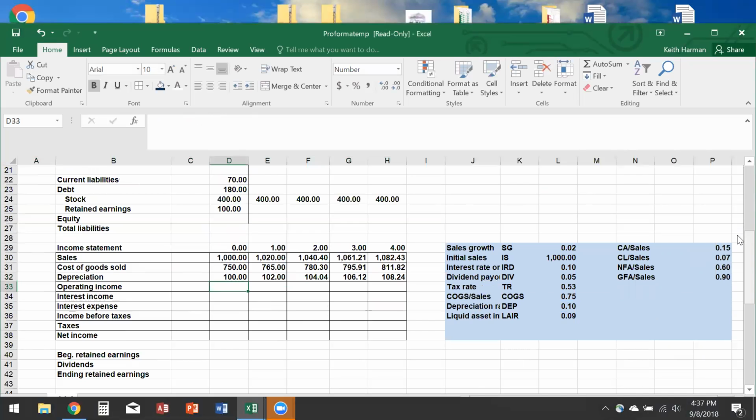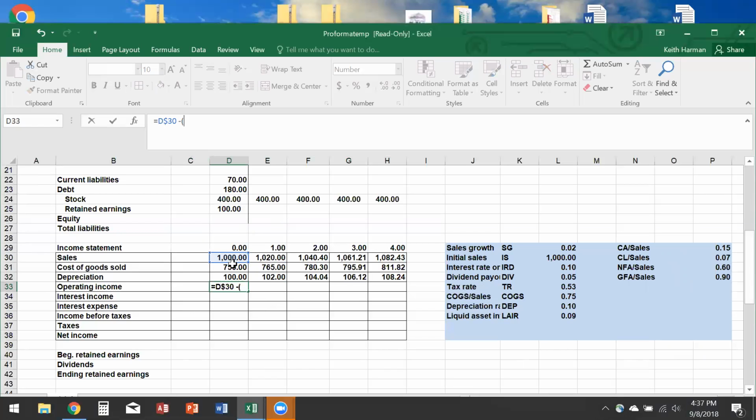And that operating income is also known as gross income. And so I'm going to, this will equal D30. And I'm going to keep it right there on the row. So I'm going to put the dollar sign in front of the 30. All right. And that's going to be minus,